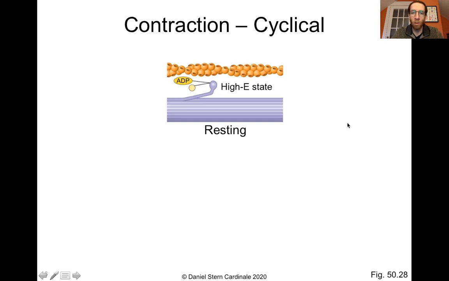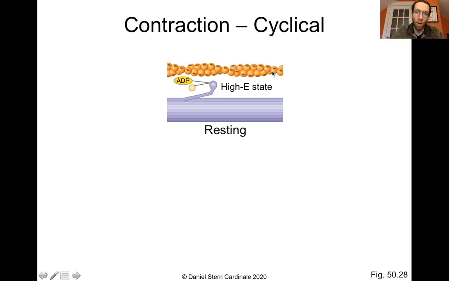In this series of figures, we're going to see 4 stages here. So we have resting, and then we're going to kind of go around in a circle. So here is our resting state for our muscles. We have our thick filaments, we have our thin filaments, we have our myosin heads that are associated with an ADP, adenosine diphosphate, and a single phosphate group. This is called the high energy state, meaning this is unstable. It represents potential energy. It's ready to go, but you can't do anything until those myosin binding sites are exposed.